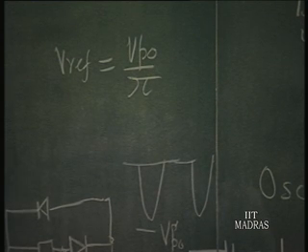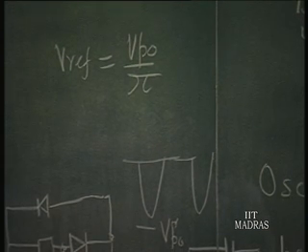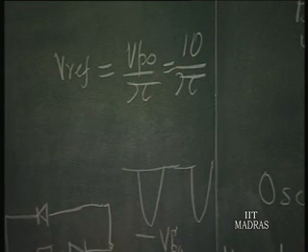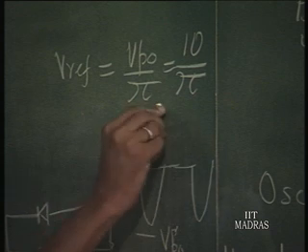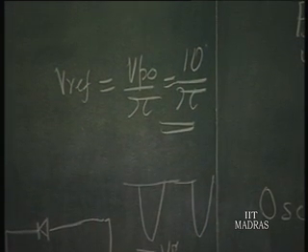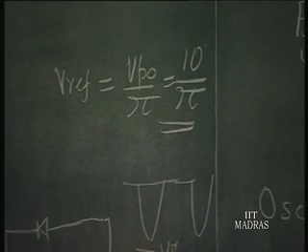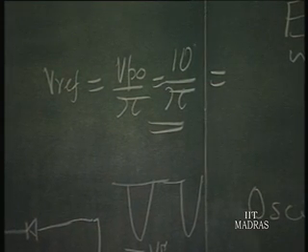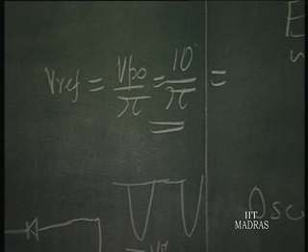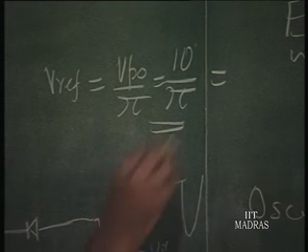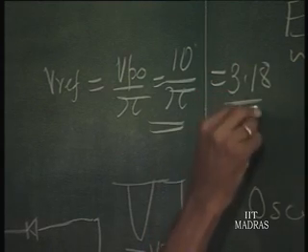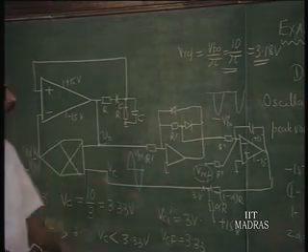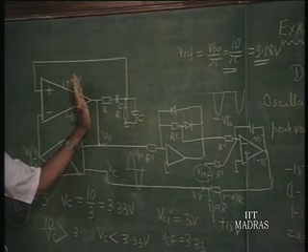And therefore, if we want output voltage peak amplitude of 10 volts, that divided by pi should be the voltage reference that you have to connect here, 10 by pi here. This is one answer. What is that equal to? So, about 3.18 volt. So, if you apply that voltage here, then the amplitude is automatically going to be adjusted to exactly 10